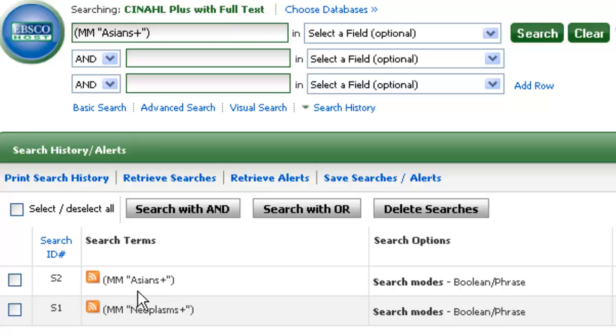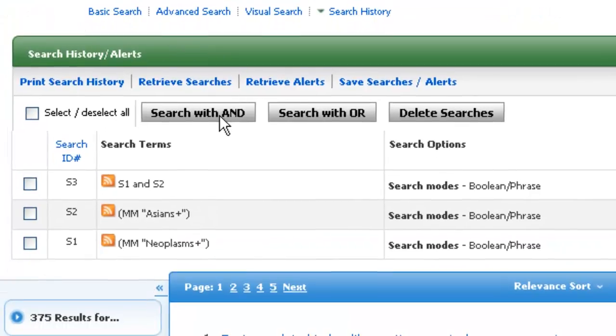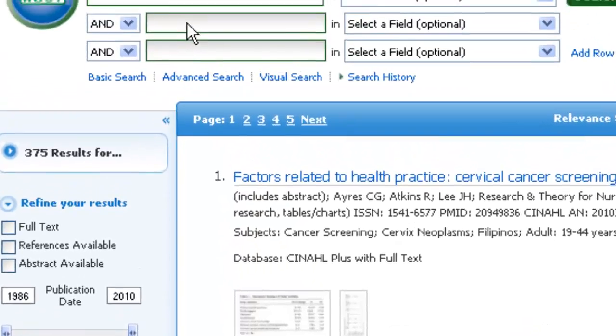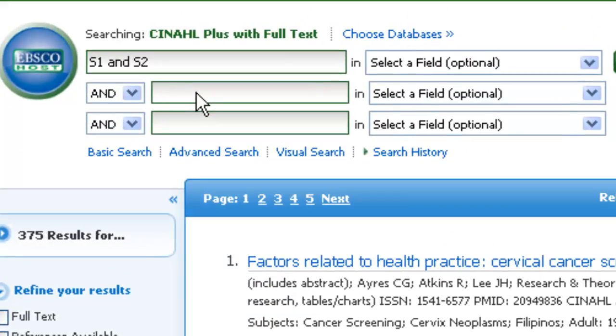So the first thing I need to do is clear out my old searches. And I have the choice. As you can see, my searches are S1 and S2. I could certainly come up here and do S1 and S2, type my searches in together. My other choice is that I could do S1 and S2 and search with AND. And you can see we got 375 results here. In order to close up my search history, I just come back and click on Search History again, and it gets sucked back up. I have 375 articles that are primarily about cancer and primarily about Asians, but I wanted